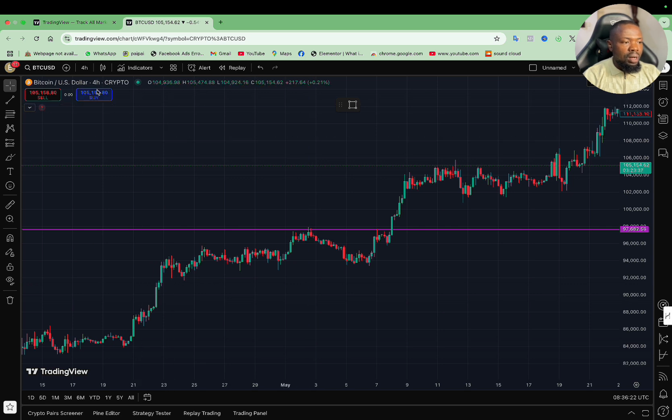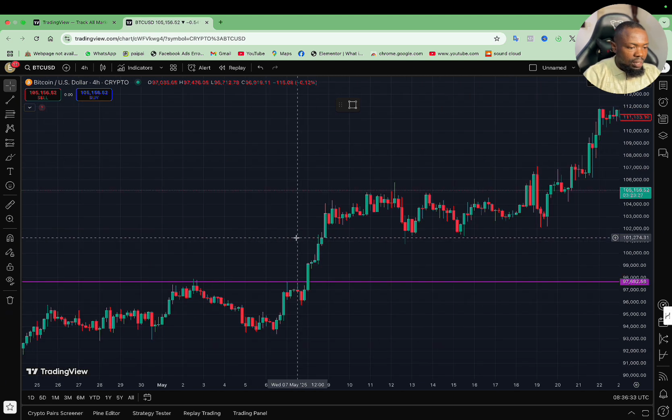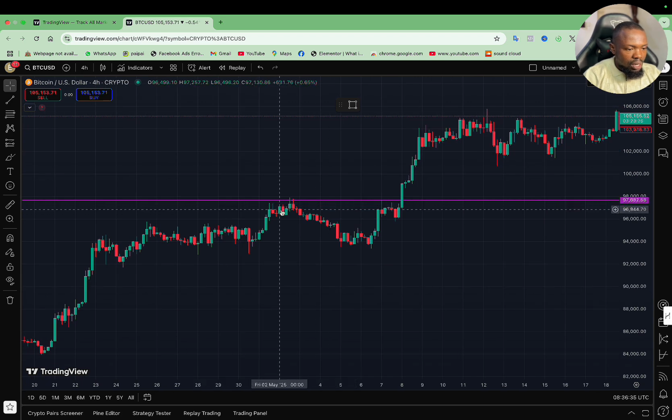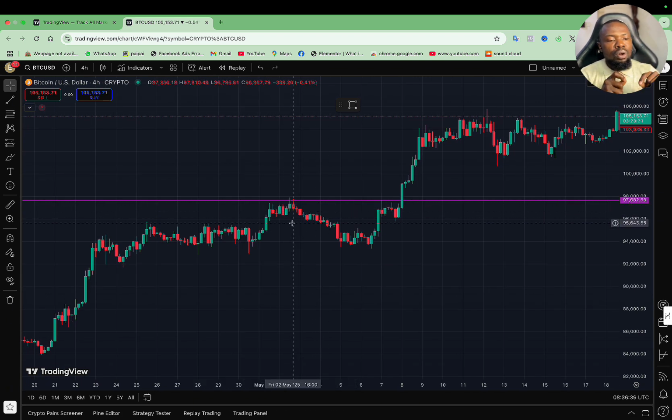This is a 4-hour time frame. So in 4 hours, it tried breaking but could not pass here. It came back and created another candlestick, this red candlestick, and it was still maintaining this region. Another thing you should understand is that support and resistance is a region and not a price. It is a region. So a region can be a price that ranges from a particular place to a particular